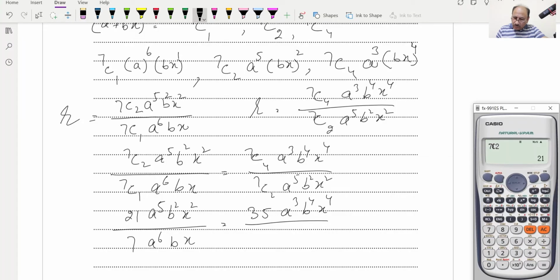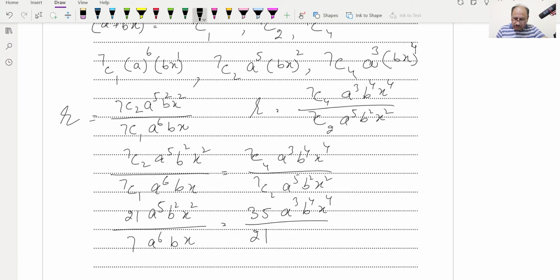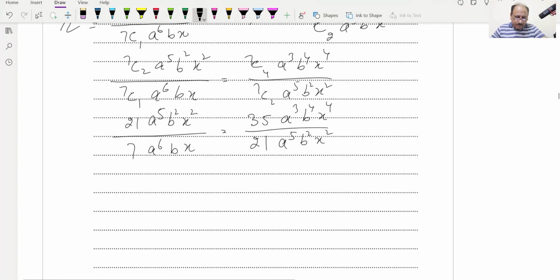We know this is equal to 21, so 21 a^5 b^2 x^2, and further we can cancel,